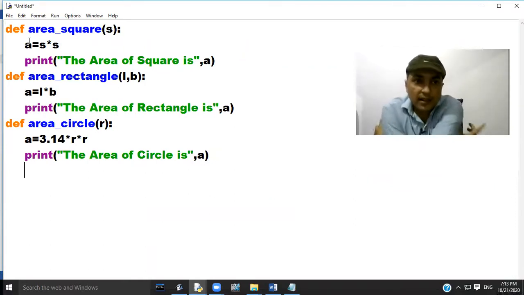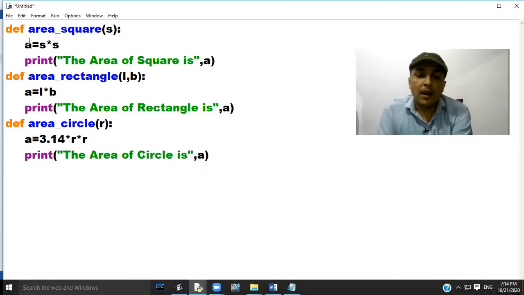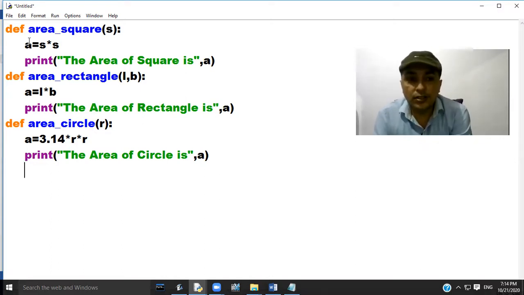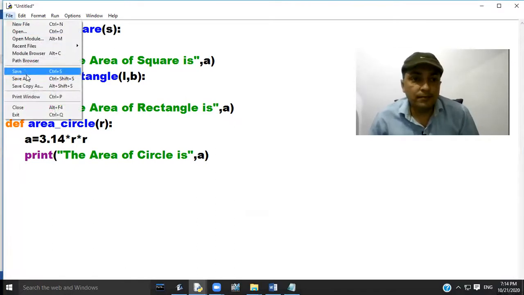So in this file, I have created three functions. My first function name is area_square, which is accepting one parameter and calculating area of square. My second function is area_rectangle, which is accepting two parameters L and B and calculating area of rectangle. My third function is area_circle, which is accepting one parameter radius and calculating area of circle by using formula pi r square. Now save this file with name